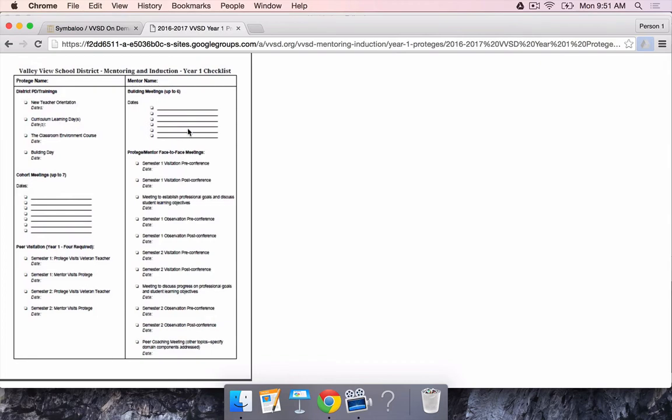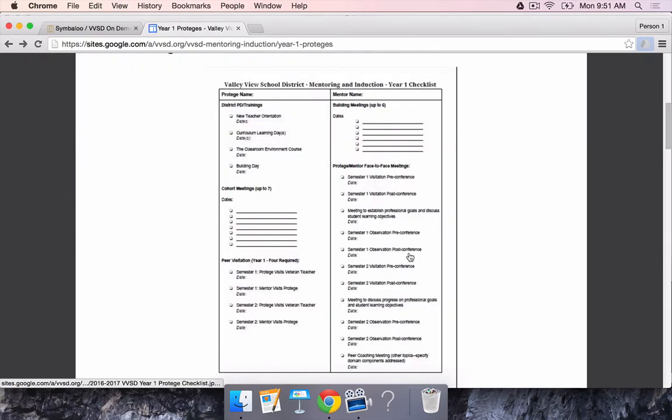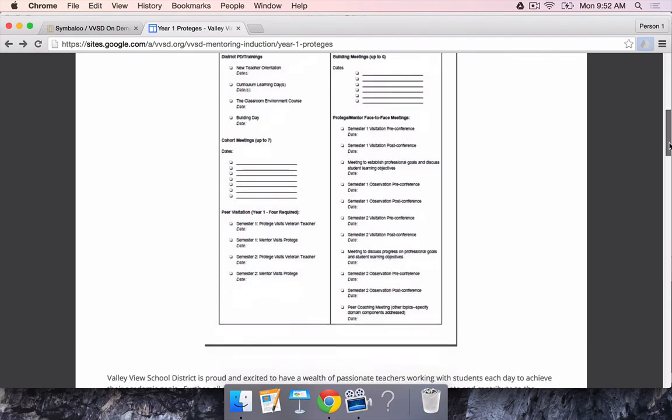I want to remind you that most of the time you're not going to have the maximum of these, but just be prepared that contractually you can be asked to attend up to 7 meetings. So if you only attend 4 or 5, you have still met the requirements of the program if the facilitators have only hosted 4 or 5 meetings. And you also will have an opportunity to get these dates and put them in your calendar well in advance.